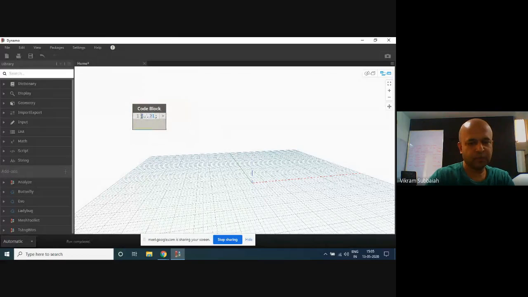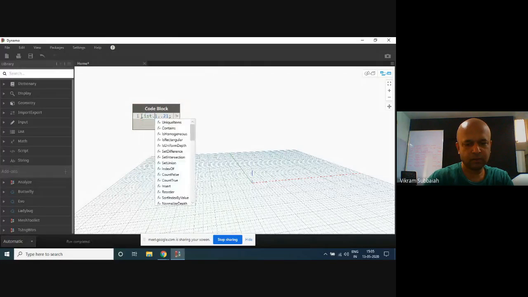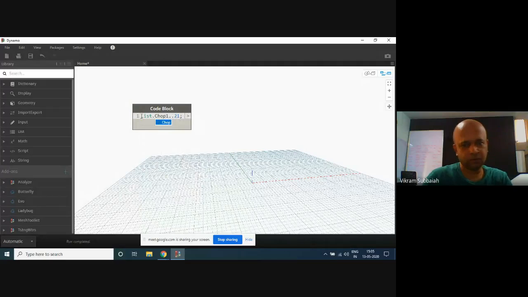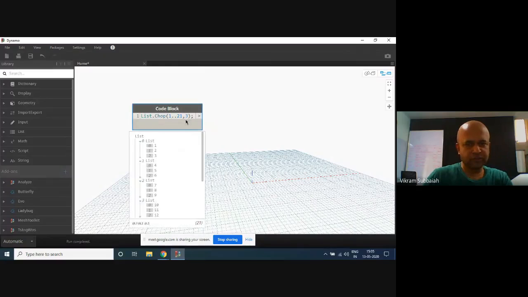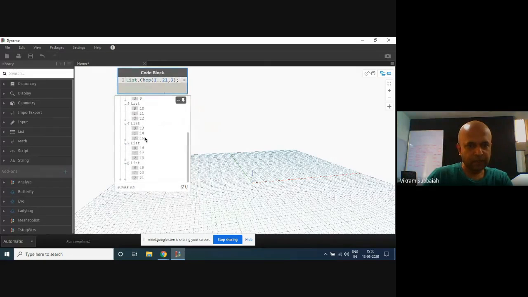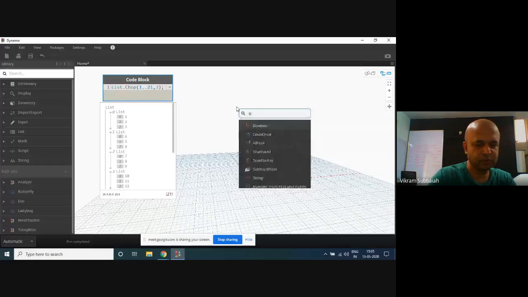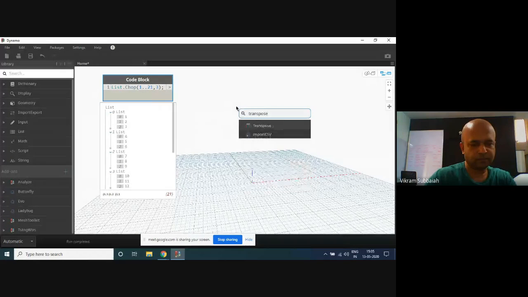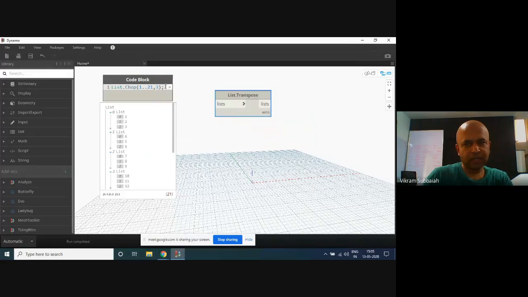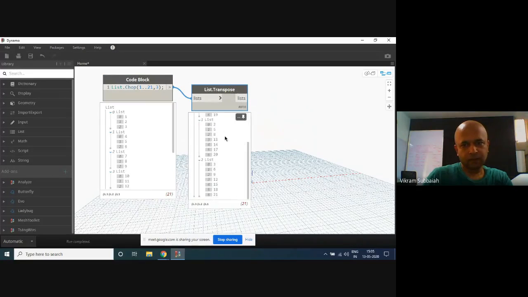I'll chop this into sublists of three, so now I've got 7 lists of three items each. Now if I say transpose, here I can get 3 lists of 7 items each.